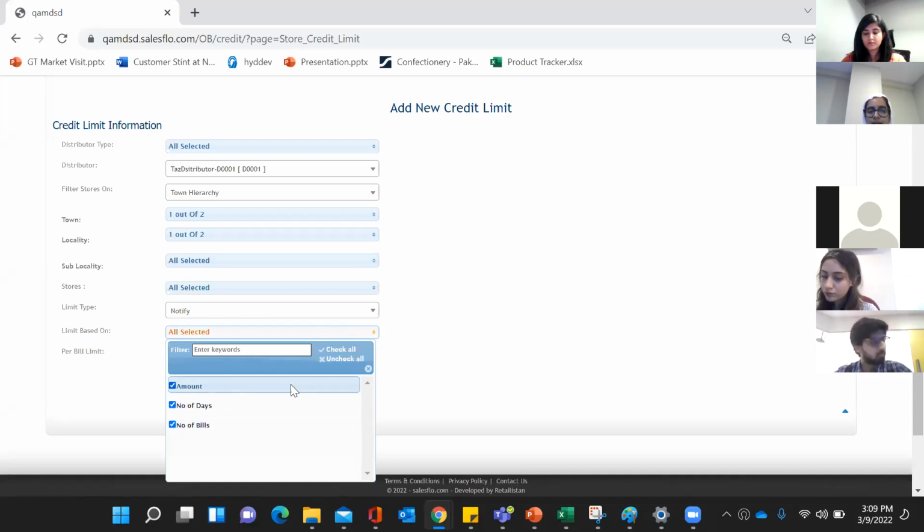So amount means that let's say you set an amount of 1,000 rupees. This means that with the store, if credit exceeds the defined amount, then based on that, invoicing will either be notified or blocked. Number of days means that you've said, with this store I want to set a credit limit of 10 days. So that means that if after 10 days the credit hasn't been cleared, your invoicing will still either be notified